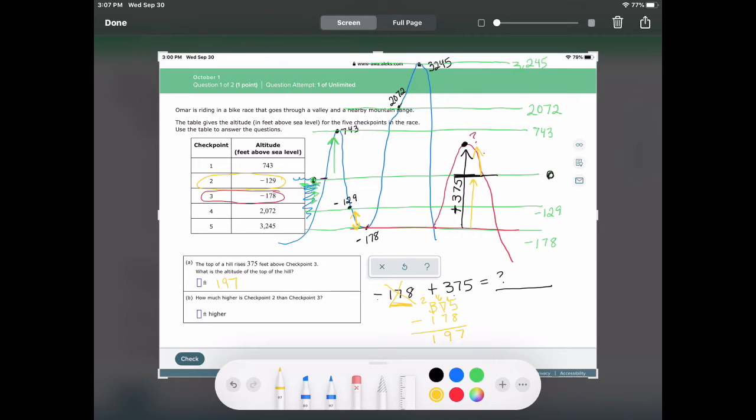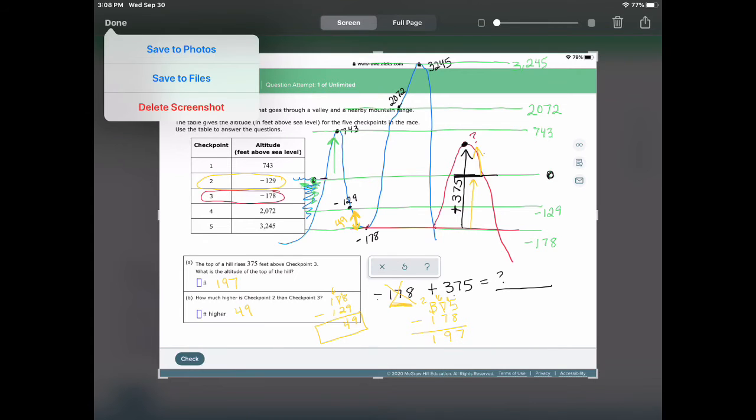So we can just do something like this: 178 minus 129, and we get 49, a difference of 49. So it's 49 between here, and we really don't need to show positive or negative because we're just showing the difference here. So let's go back and enter those